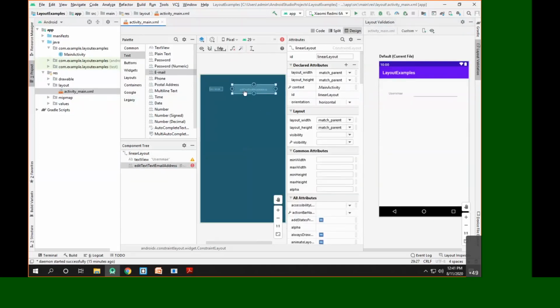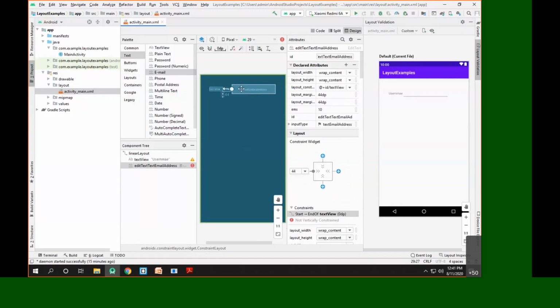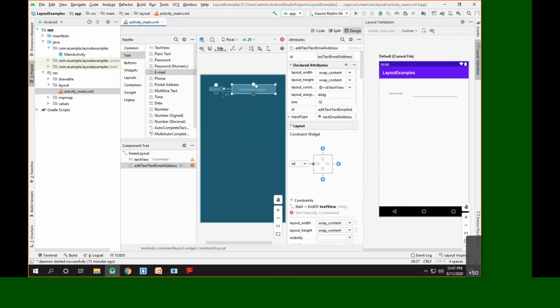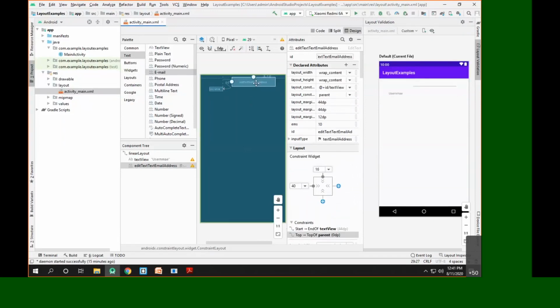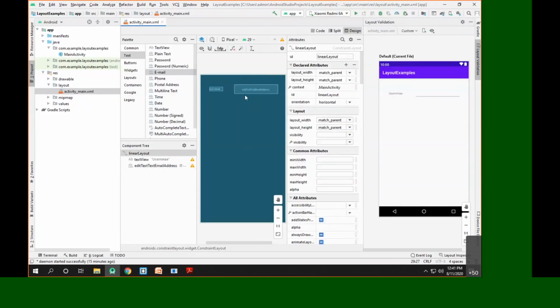For this edit text also we have to set the constraints. So this edit text will be constrained against this particular text view horizontally, and at the same time I'll be constraining it vertically with the top of the parent. Now here you can see I added the constraint, so the edit text will be available here.